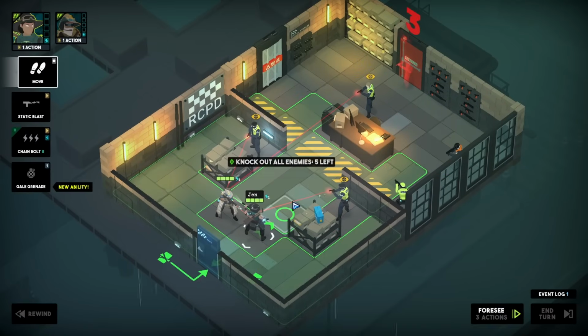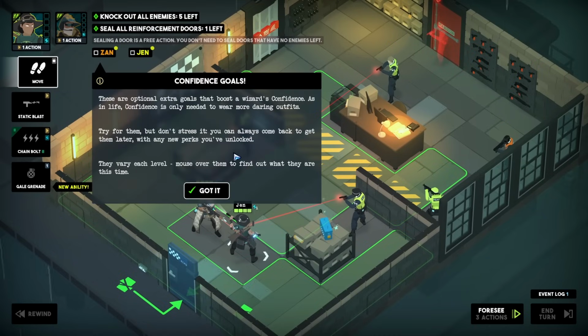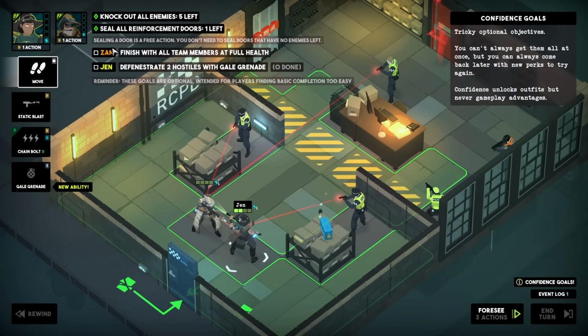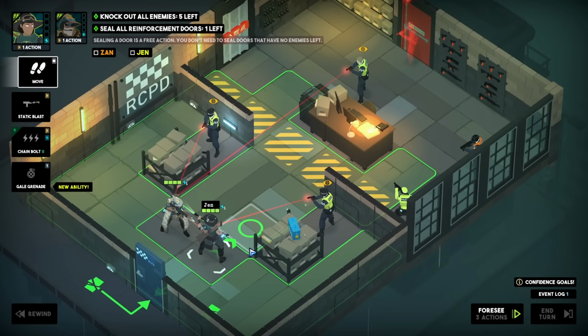Now they get efficient? Knock out all enemies. Seal all reinforcement doors. These are optional extra goals that can boost a wizard's confidence. As in life, confidence is only needed to wear more daring outfits. Try for them, but don't stress it. You can always come back and get them later, with any new perks you've unlocked. They vary with every level, mouse over them to find out what they are. Finish with all team members at full health, defenestrate 2 hostiles with a gale grenade. Well, I don't have that one, so...